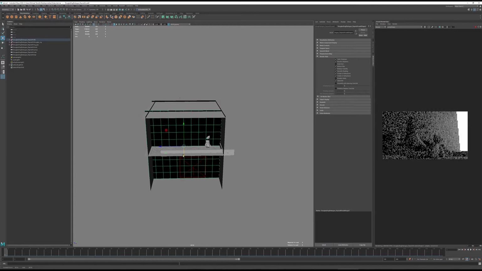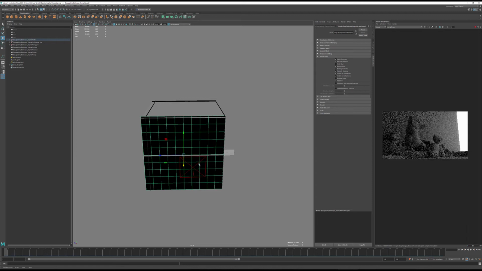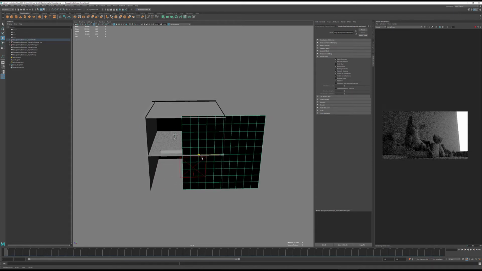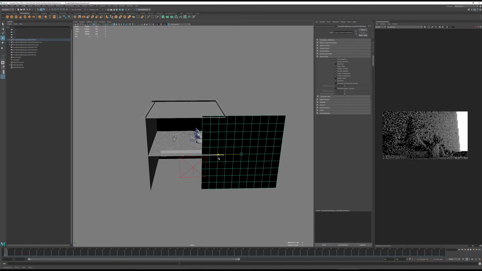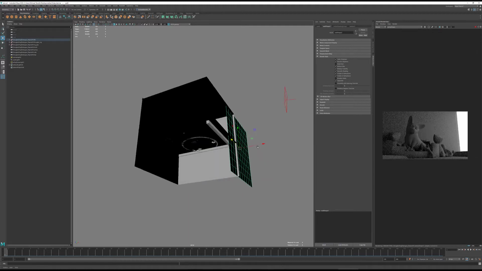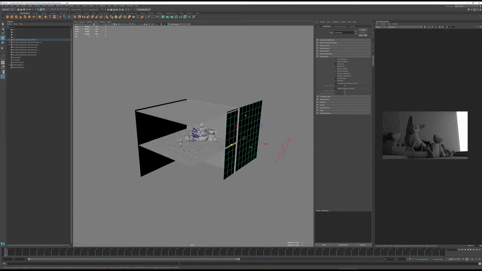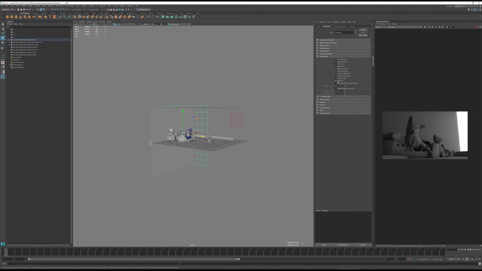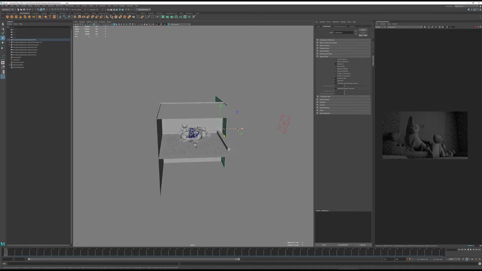And whenever you manipulate the actual geometry, the IPR is expecting the geometry to stay the same for the most part. So anytime you do that, you have to restart the render from scratch so we can calculate that in. Oh, there we go. Okay, so now we got the light coming in, and this is a sky dome light